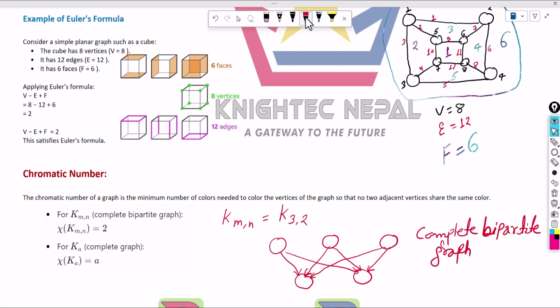So we need to fill two colors. So no two vertices have the same color. We need to keep in mind that no two adjacent vertices have the same color. So let us assume that